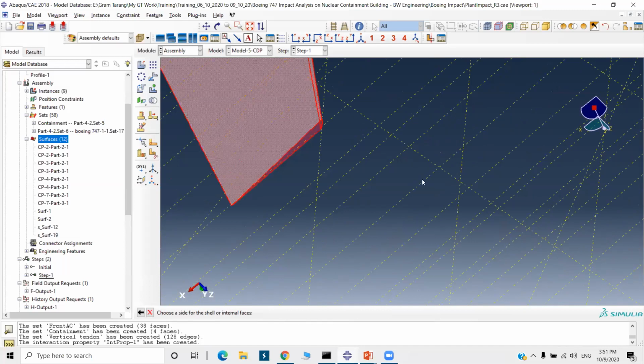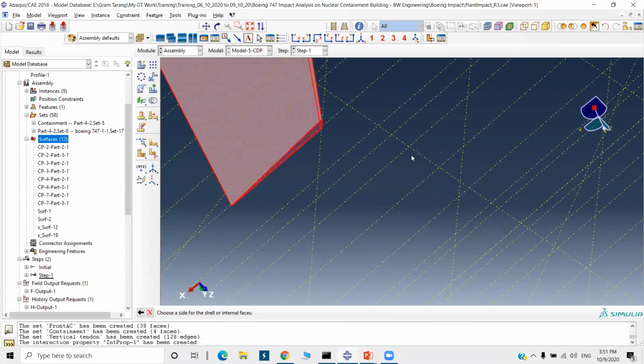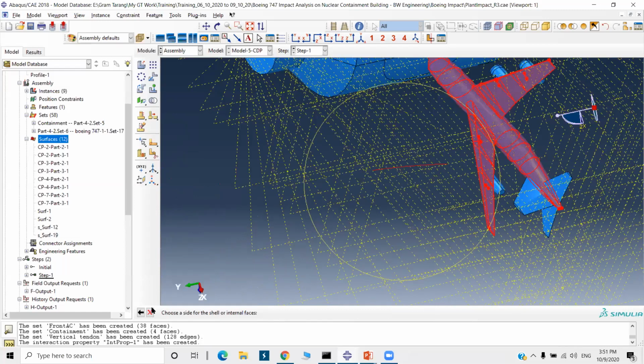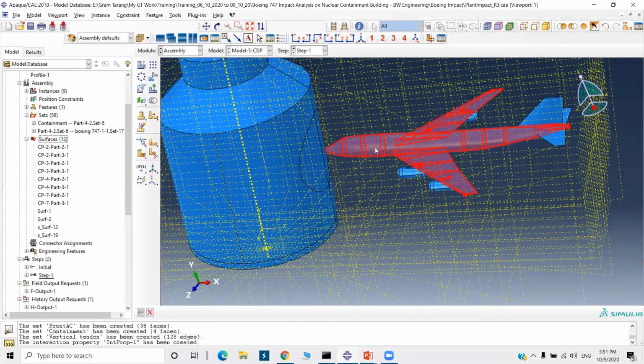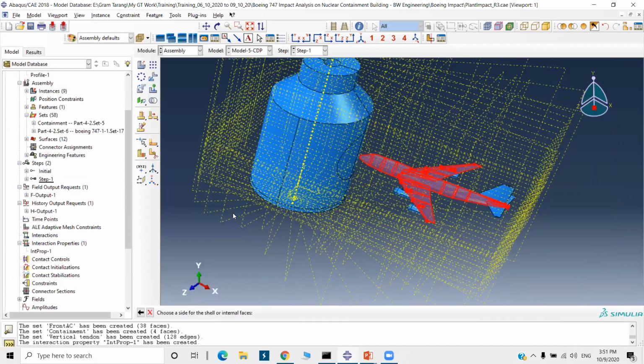Okay. So I will directly select in the interaction itself. I'll define the interaction surface to contact.